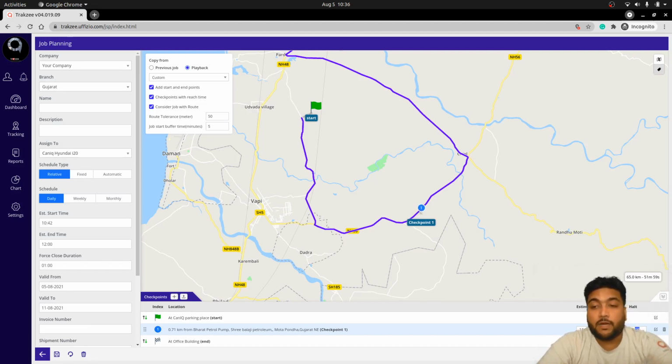So you can configure the hour and the minutes accordingly based on the hold time.